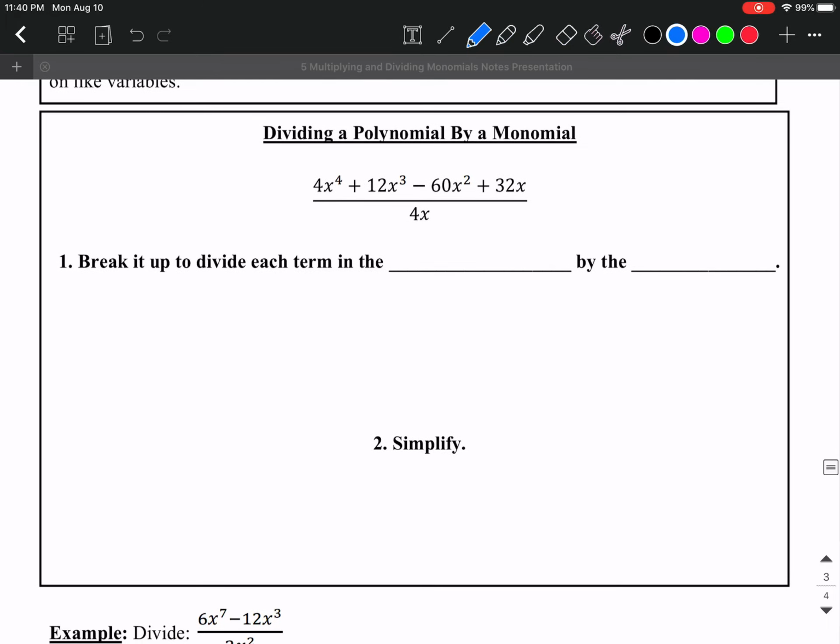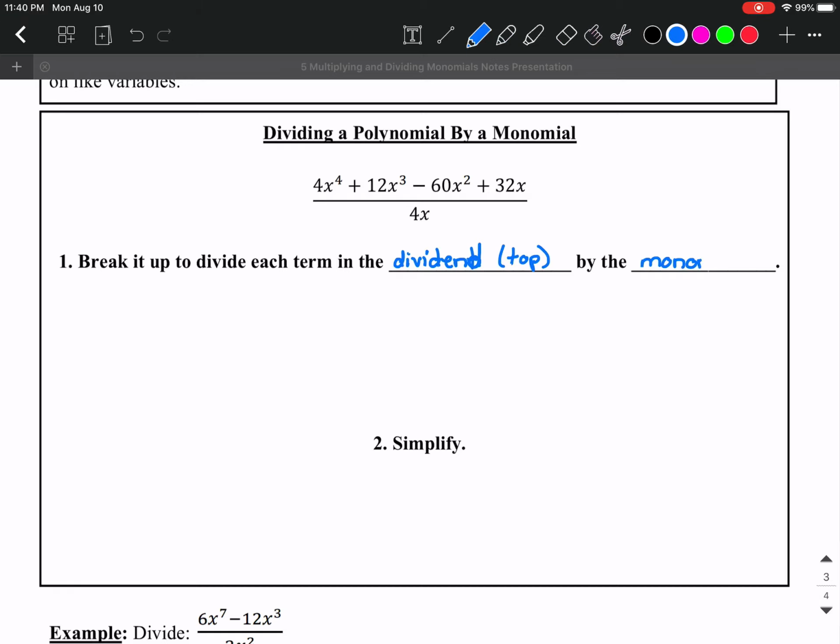All right, next step. We're going to expand this, and we're going to divide a polynomial. So a monomial was just one term. Now we're going to divide a polynomial by a monomial. So the first step is to take that big polynomial up top and break it up to divide each term in the top. That's the dividend. What you're dividing into is the dividend, by the monomial